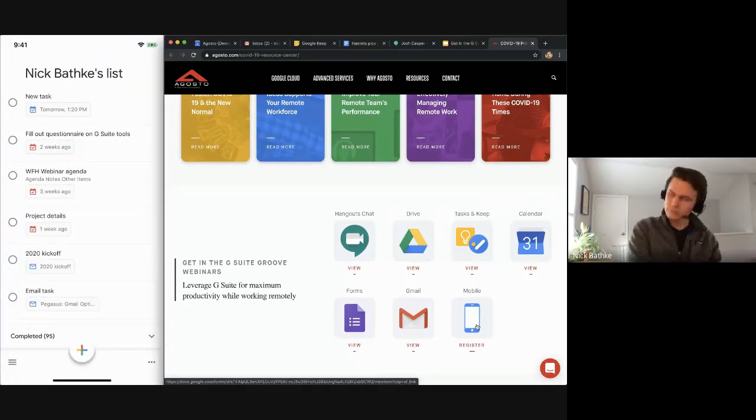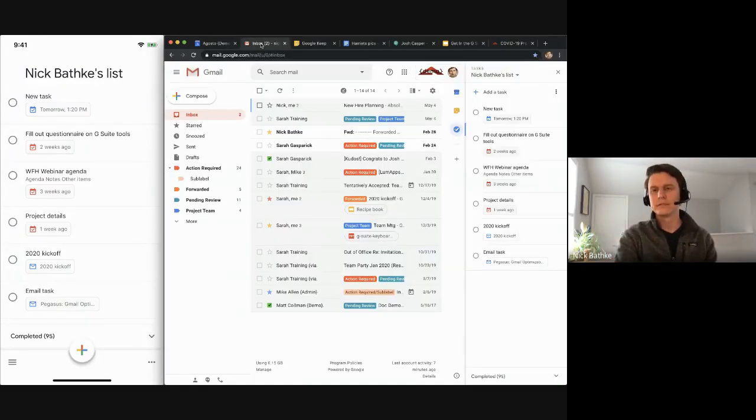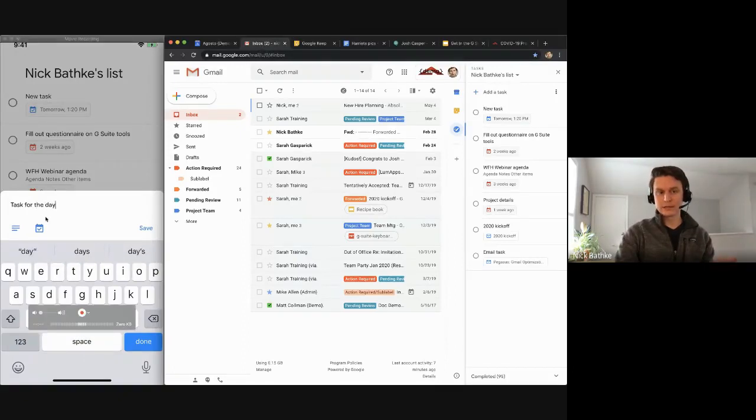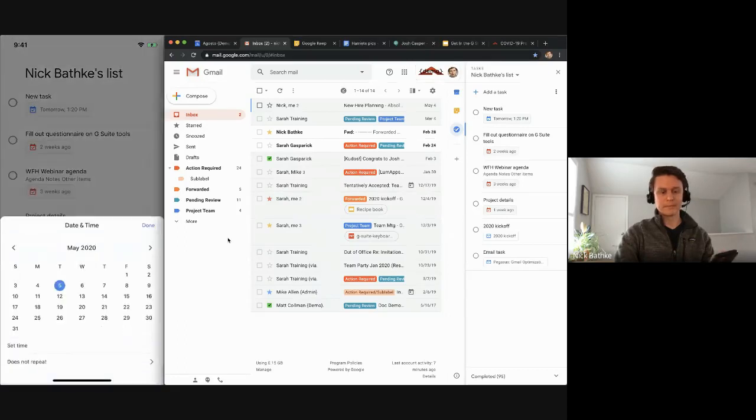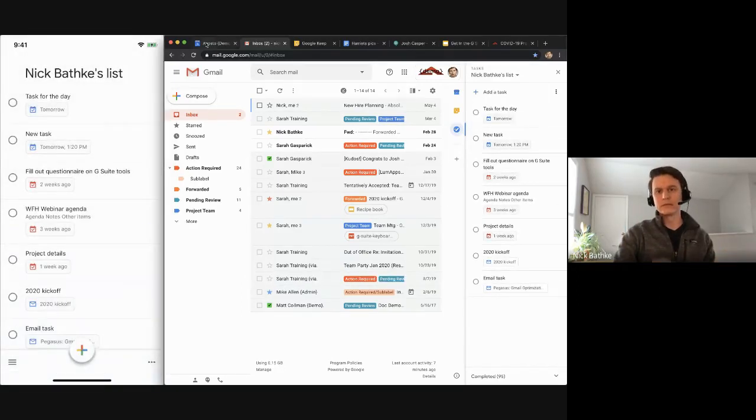So you can create a task for that day. Whether I'm on my desktop or my mobile device, I'll click on my mobile device here, task for the day. I can click on the date calendar thing again, right here, the check, right? And I can just set a date. So maybe tomorrow, I won't click set time. I'll click done, save. And if we actually go back over here,